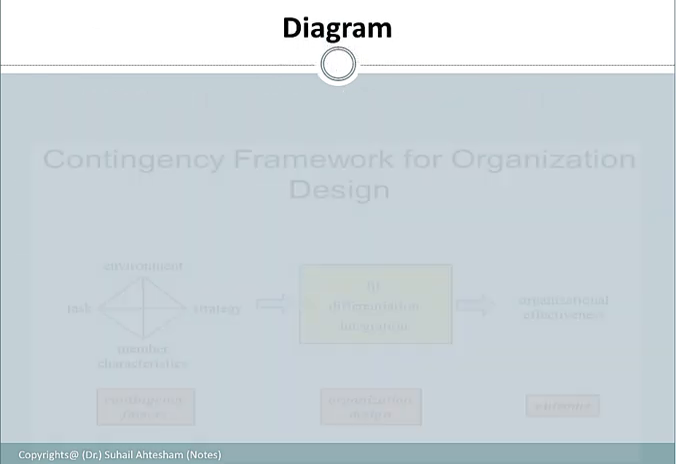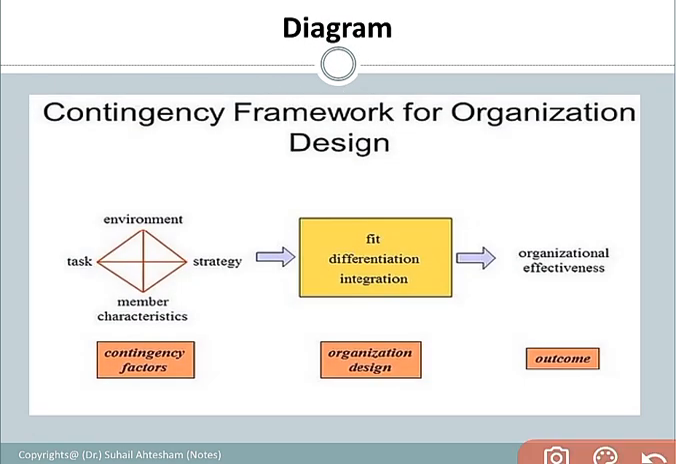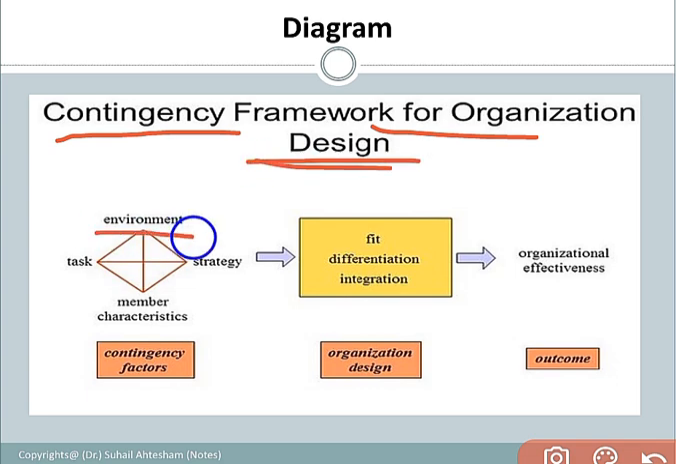Coming towards the diagram, here you can see a diagram which specifies the contingency framework for a formal organization, right? So it's a design which shows the environment. Environment can be the internal environment and the external environment. External environment is further subdivided into micro and macro, right? This environment is an uncontrollable factor to the business, right? Here you can see the member